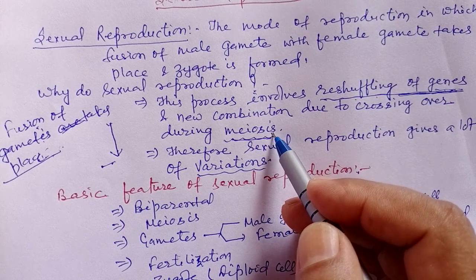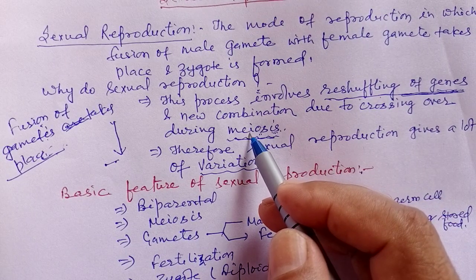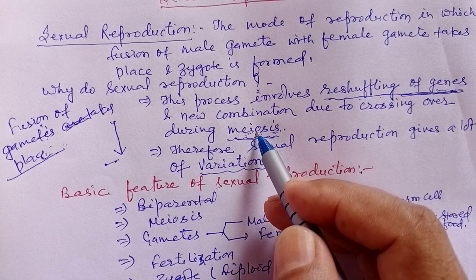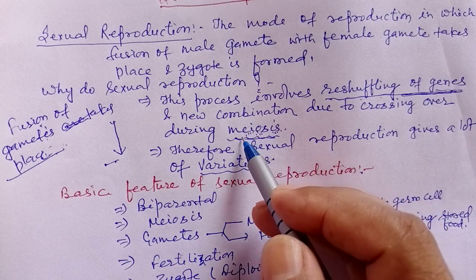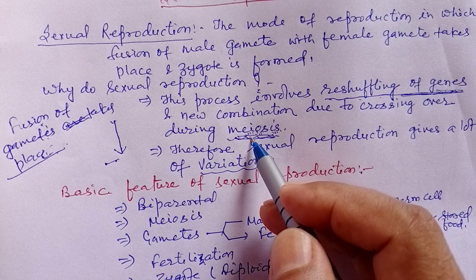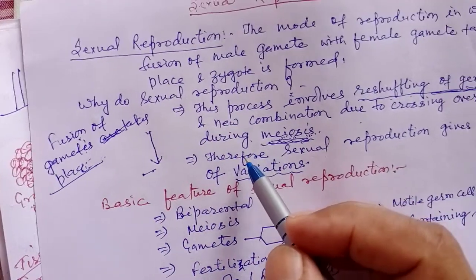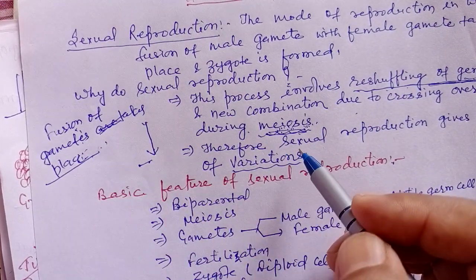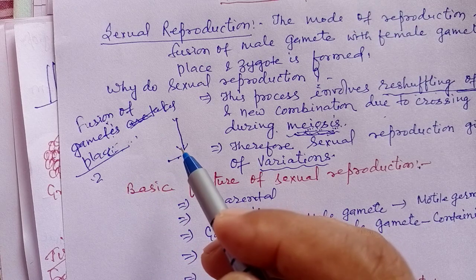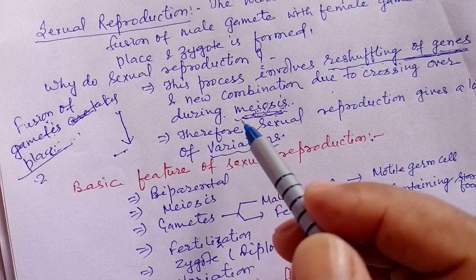As you know, meiosis is a type of cell division which takes place within the germ cells, that is, reproductive cells, during gamete formation. In meiosis the number of chromosomes becomes half, to maintain the number of chromosomes in the zygote. जायगोट में क्रोमोसोम की संख्या को मेंटेन करने के लिए meiosis होता है, और इस meiosis में क्रोमोसोम की संख्या पेरेंट सेल से आधी हो जाती है। इसीलिए मेल गैमीट एंड फीमेल गैमीट जब फ्यूज़ करके जायगोट बनाते हैं तो क्रोमोसोम की संख्या मेंटेन हो जाती है। In this way the number of chromosomes in the diploid cell, that is in the zygote, is maintained. Each organism has a fixed set of chromosomes, यानी प्रत्येक ऑर्गेनिजम में क्रोमोसोम की संख्या बिल्कुल फिक्स्ड रहती है और वह फिक्स्ड क्रोमोसोम के नंबर को मेंटेन करने के लिए गैमिट हैप्लॉइड होता है।